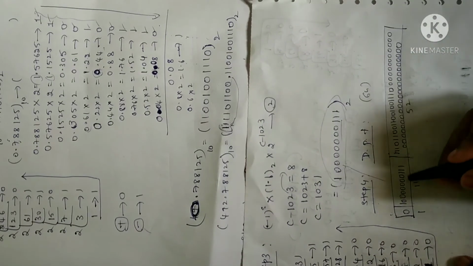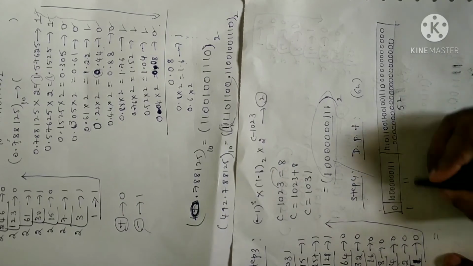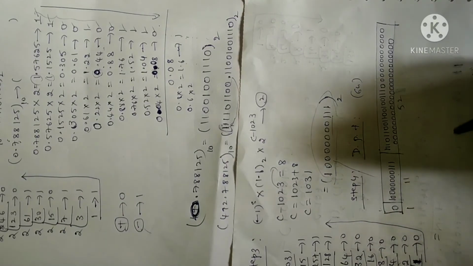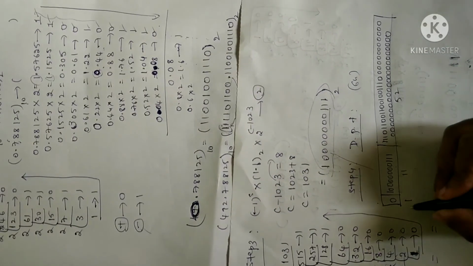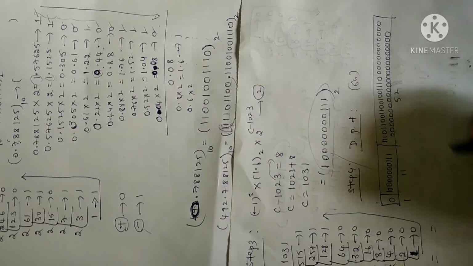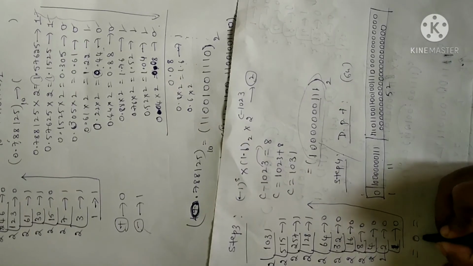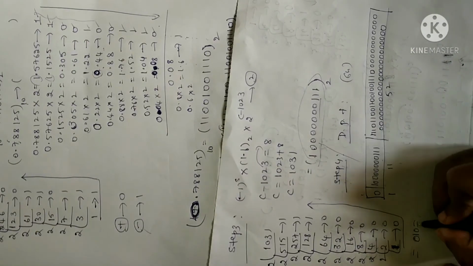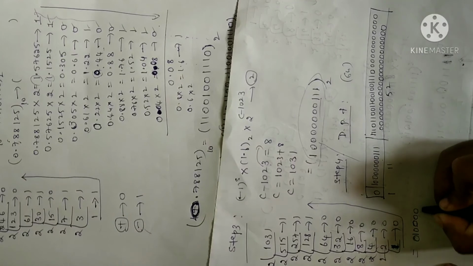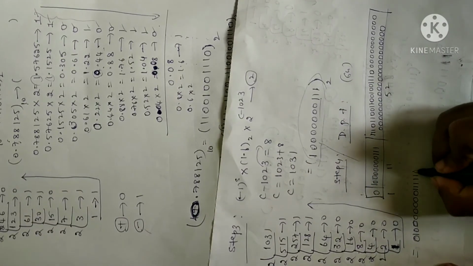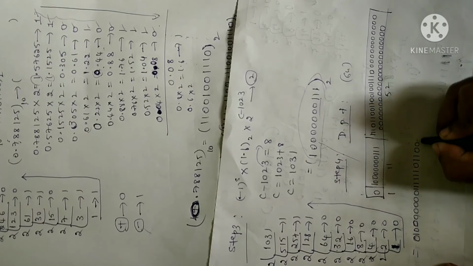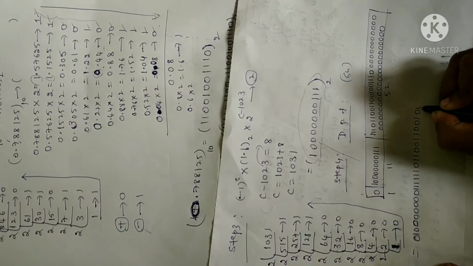Fine. Now I will write all these together. Remember, ones and zeros matter. Why? Because if you change one digit, the value will change, as we represent it in hexadecimal form. So let me combine all these three numbers together. I can write 0, 1 followed by 7 zeros, 3 ones, again 3 ones, again 0 1 1 00 1 1 00 1 0 0 1 1 1.